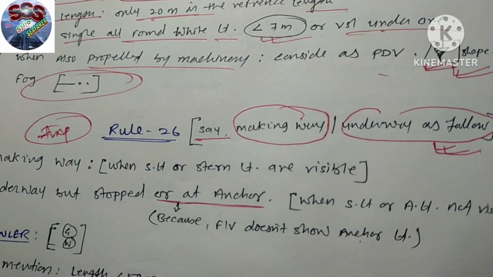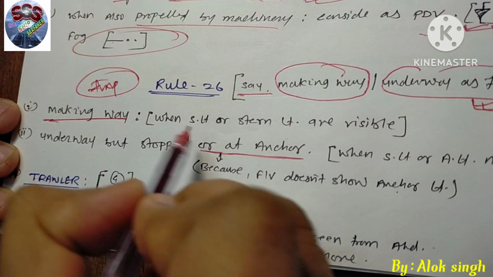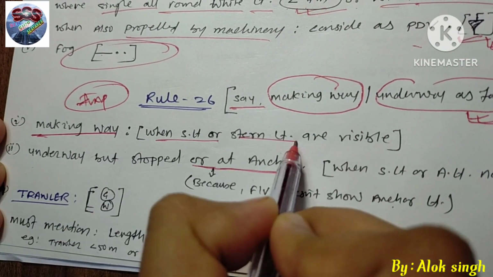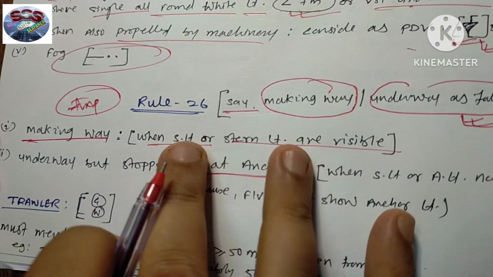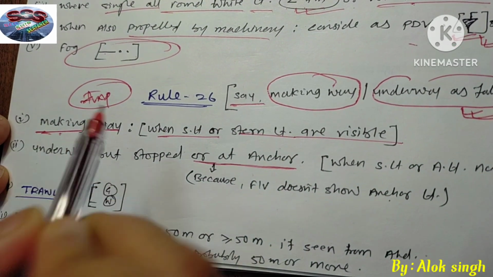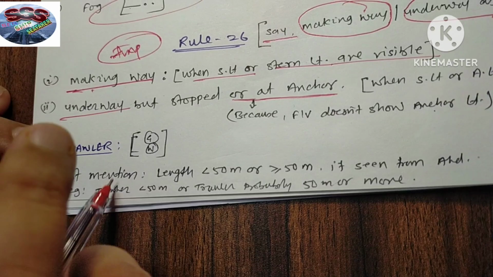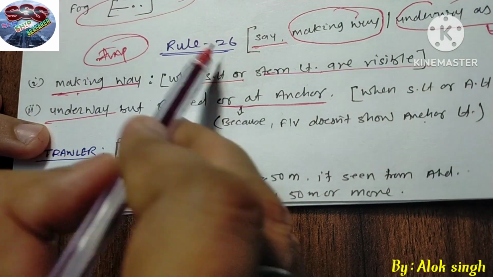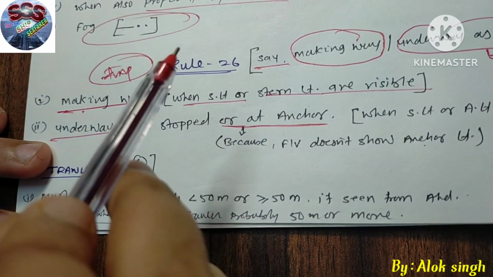Underway. Now, how we have to mention this word: whenever making way, it means we are seeing either the side light or the stern light. If these two lights are visible, then we must say making way. Otherwise, underway. But not only underway, whenever you have to apply this Rule number 23,